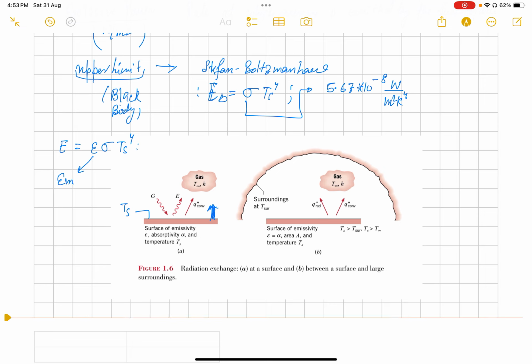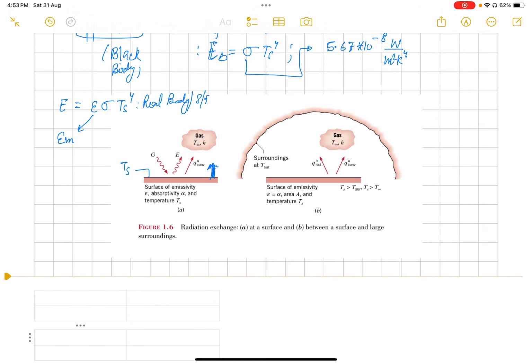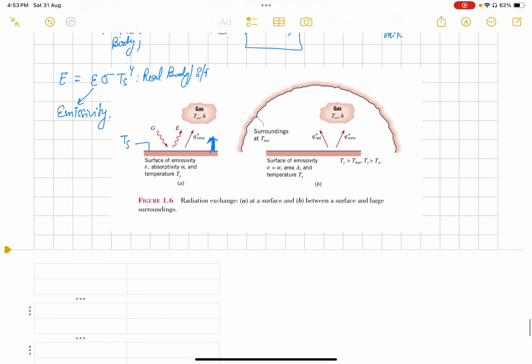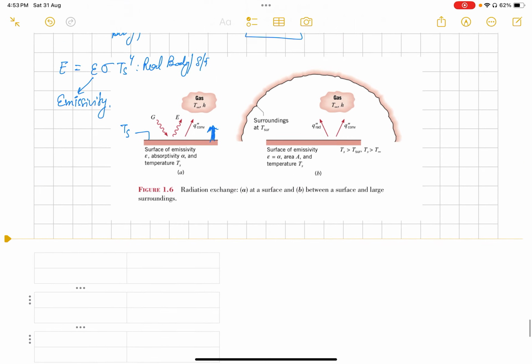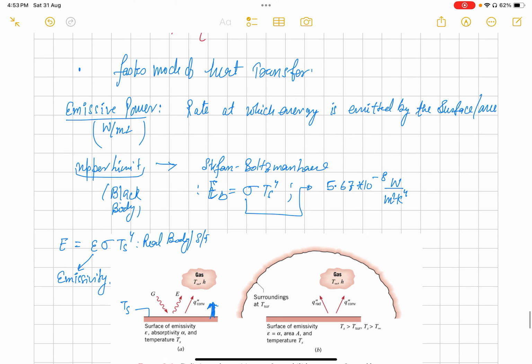This is for a real body. Emissivity is strongly dependent on the surface material and finish of the surface. And the next term which is of concern is